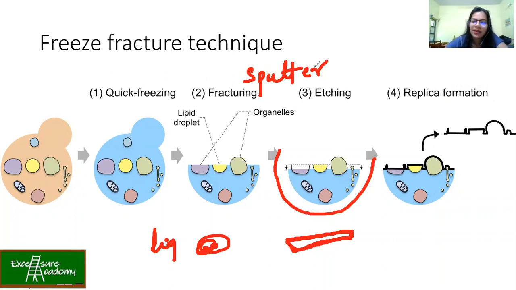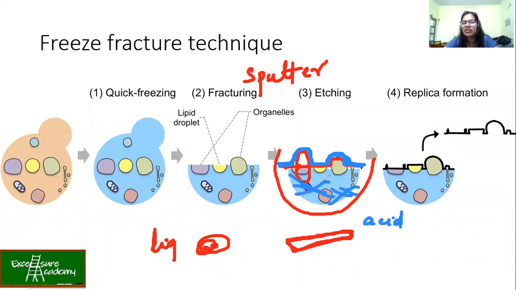So what will happen? The platinum will get deposited over here, however the structure is there. So if you had structures like this, platinum will have this kind of covering. Now since it is platinum, it is going to be hard. Once deposited, it will not change in its structure. So now with the help of the acid, you just remove this entire region, because now I don't want any biological material, because under the electron microscope you cannot have water content. It will affect the machine as well as your data.